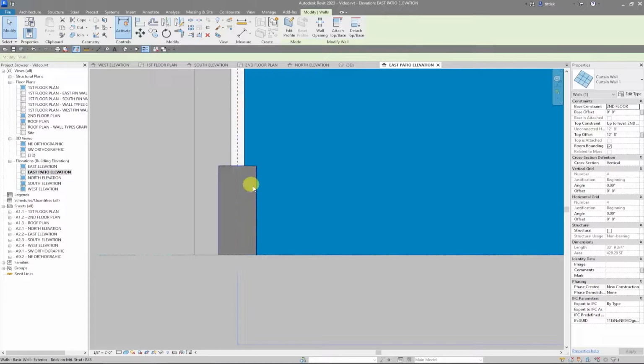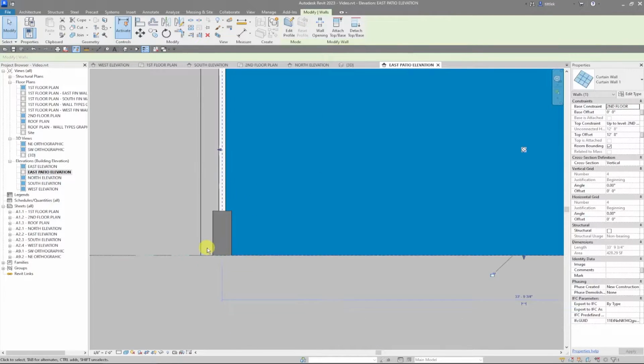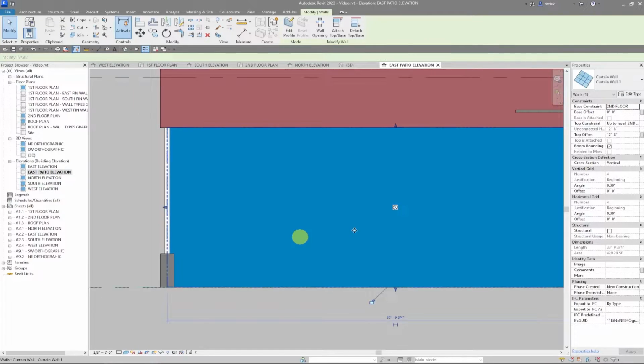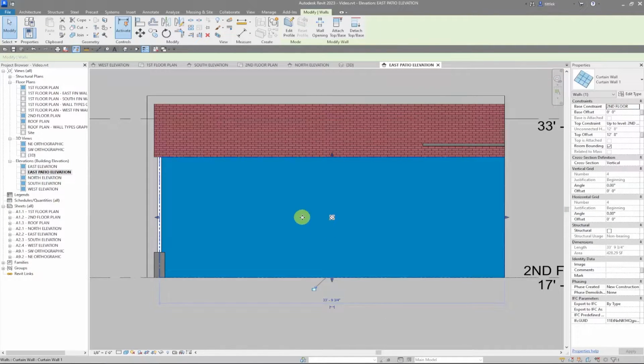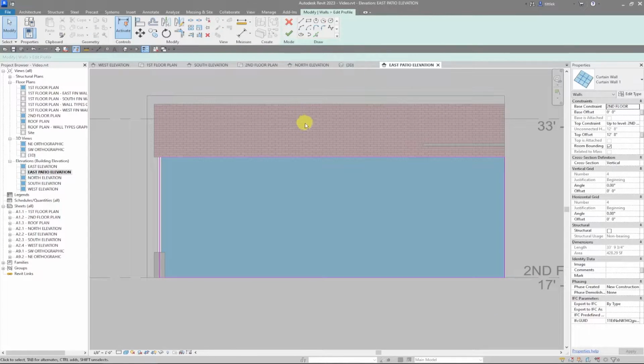To make that happen properly, we have to edit the shape of this curtain wall. This is something you can actually do to any wall. I'm going to select it, come up to my contextual ribbon and hit edit profile. This is just like editing the boundary of a floor or a roof or a ceiling, where we're in this sketch mode, this edit profile mode,